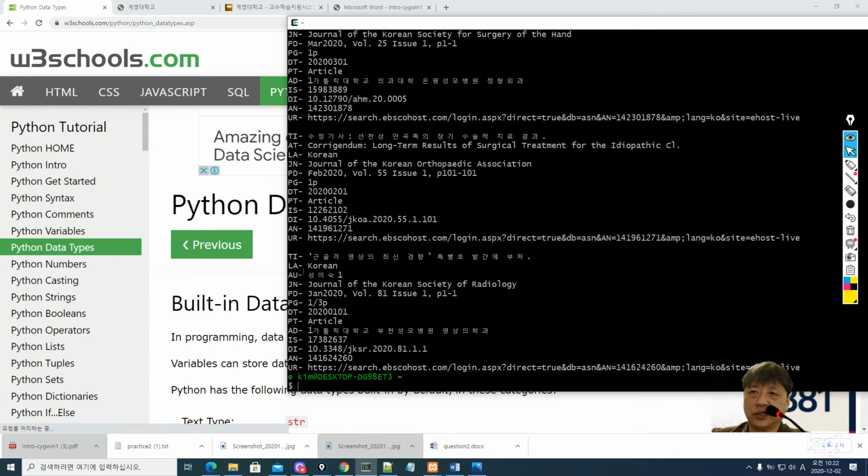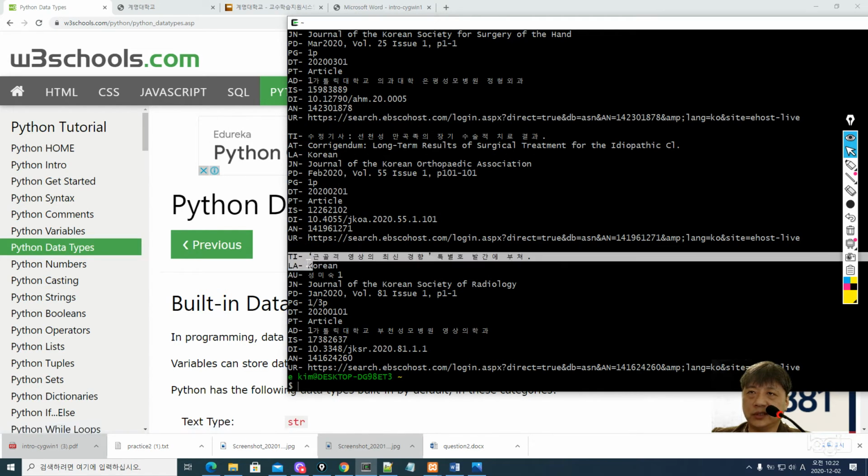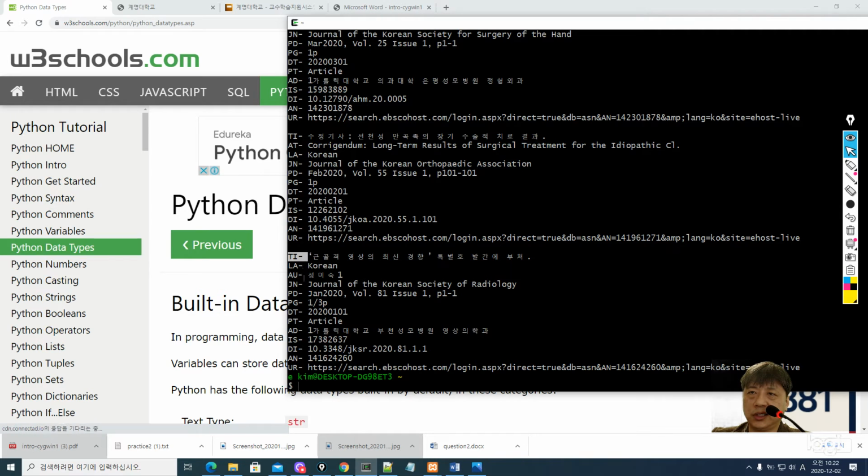So I'll delete some of these lines, maybe one that only has TI and AU and that sort of thing. And then I'm gonna write a program. You need to be able to read the code and figure out basically what this program does,